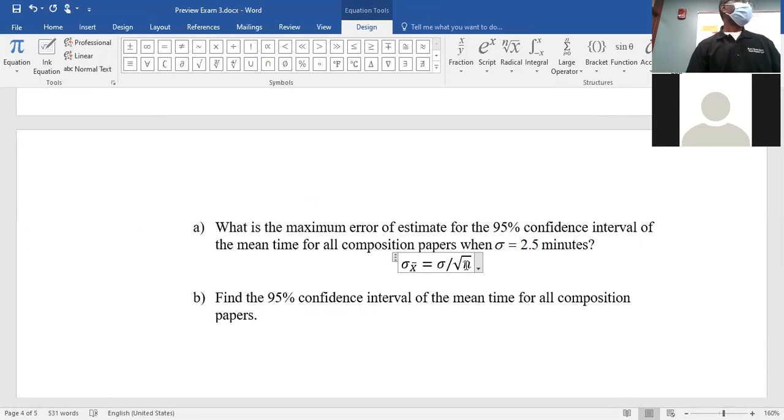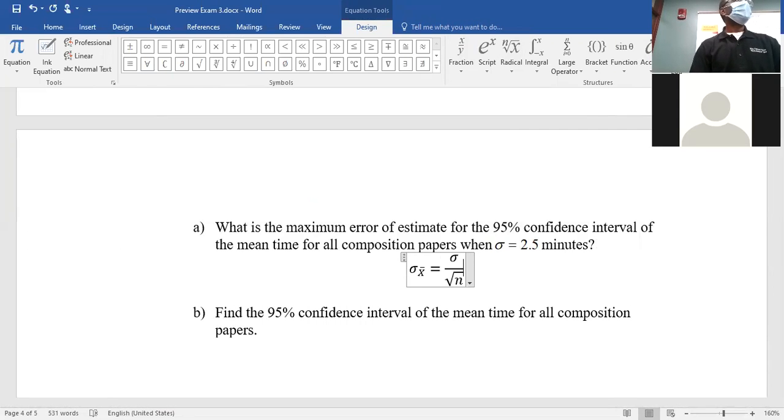You don't need to write all this on the exam, right? You just need to do your computation. I'm writing this to explain. So sigma is 2.5 divided by